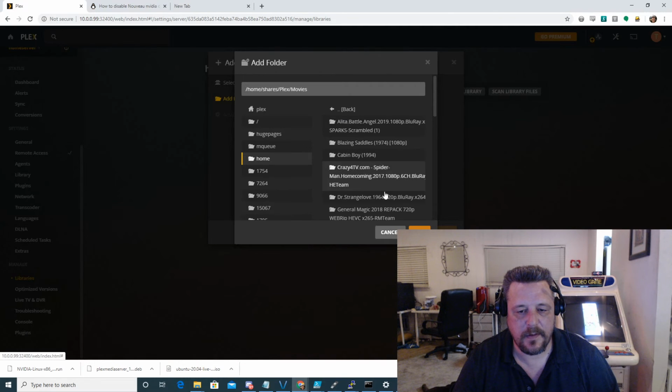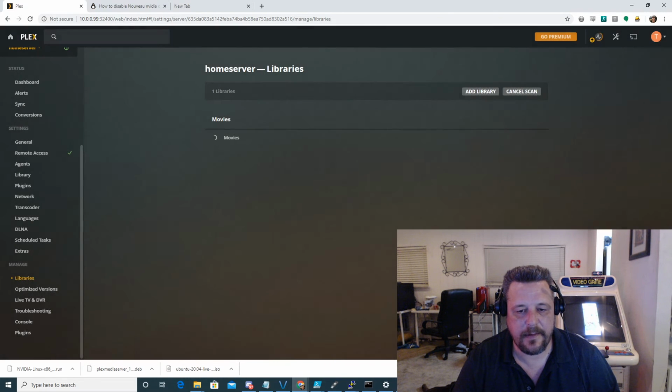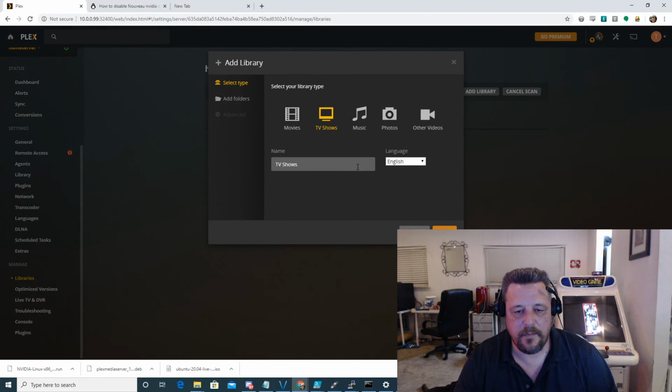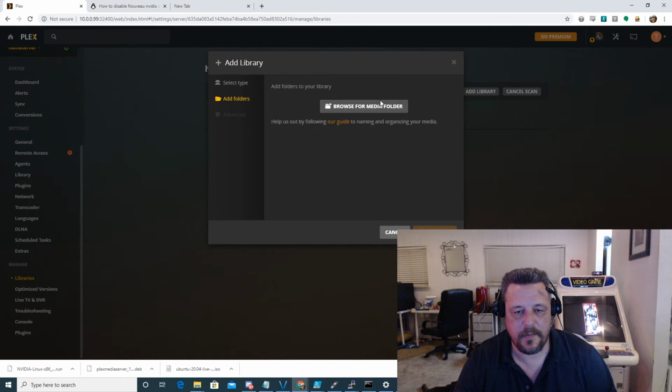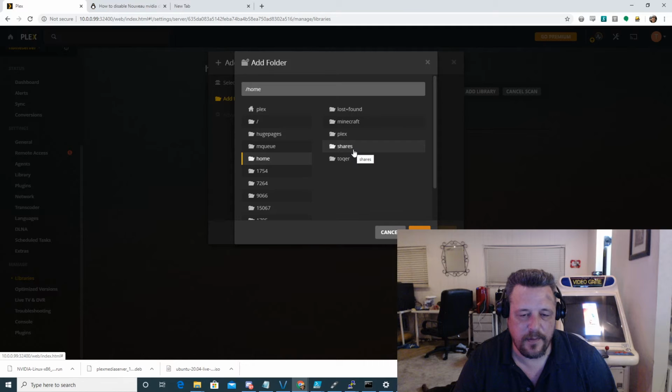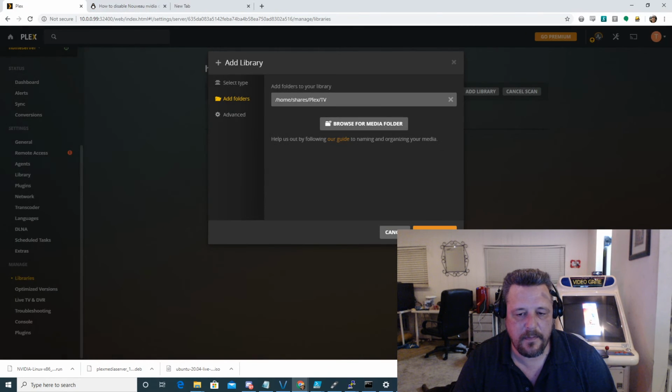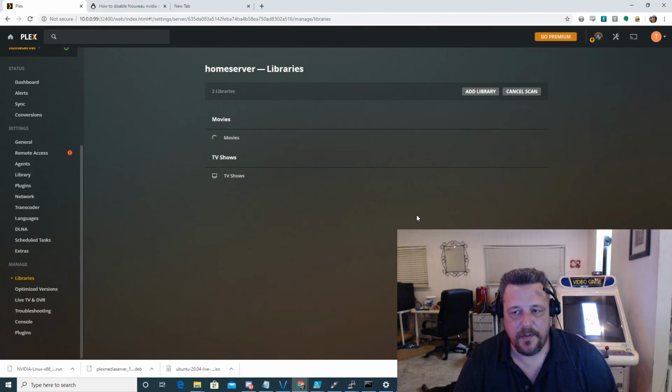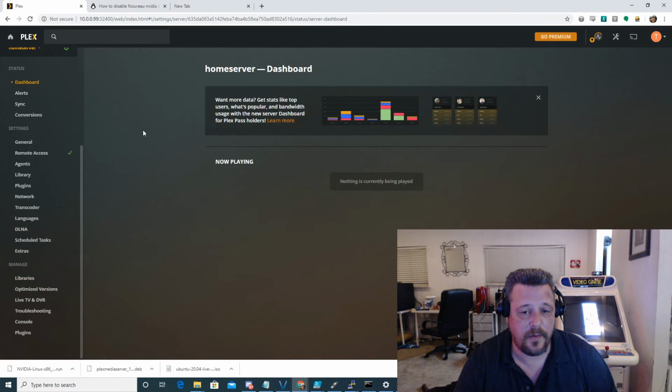I think I'm gonna go with my add library. Then let's go ahead and add another library. So you can see once you have it installed on Linux, pretty straightforward. I mean, if you know where everything is, it's just going to plop right where it needs to go. TV, add library. So now it should be scanning, adding these things. If I go to dashboard,